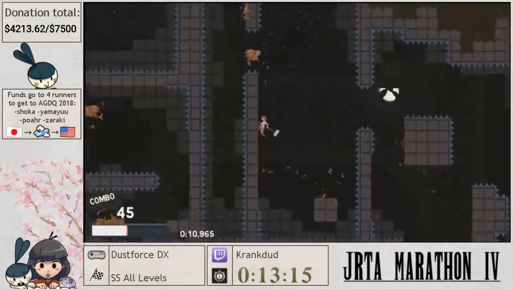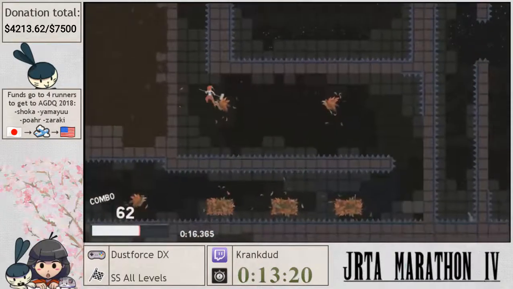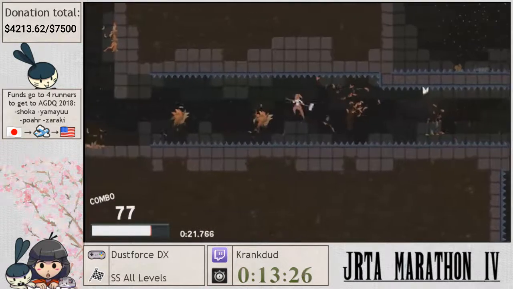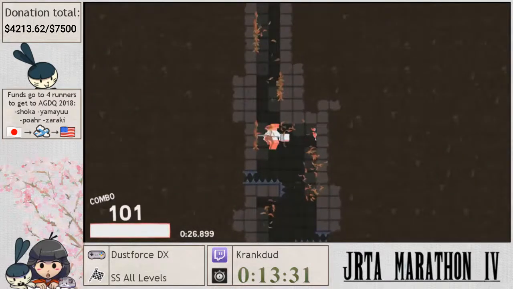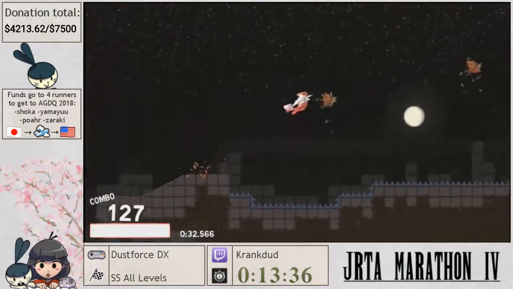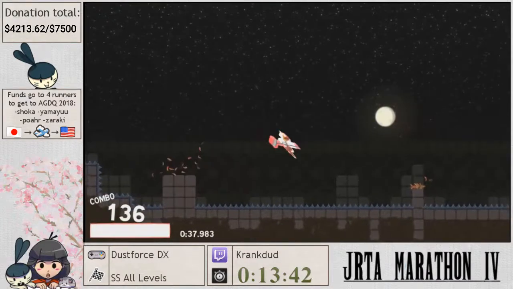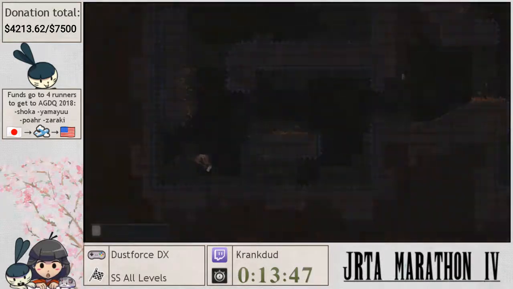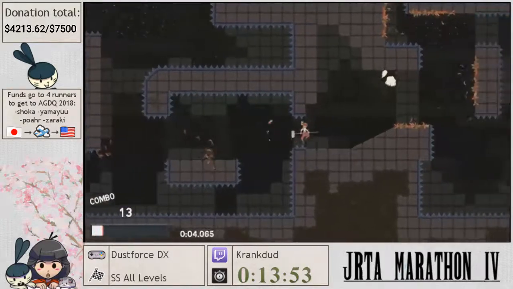Yeah, so the difference between Dustgirl and Dustman, and why she makes that part a lot harder, is Dustgirl starts falling a little bit sooner than Dustman does. That happens to make these jumps quite difficult. Oh my goodness. Whoop. Well, something had to fall apart eventually, so...